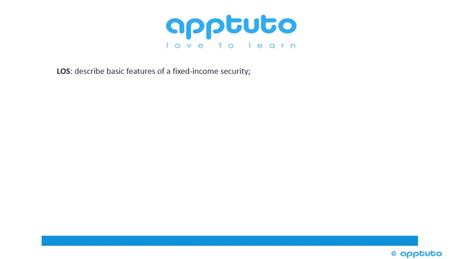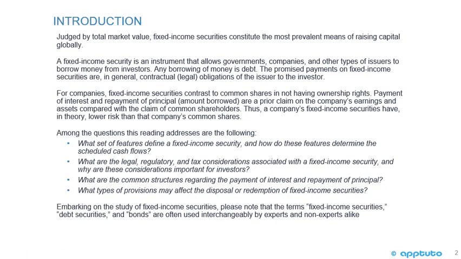This LOS is describe basic features of a fixed income security. Before we jump into this LOS, we'll just do a brief introduction to the reading, which covers the following LOS as well. So, judged by total market value, fixed income securities constitute the most prevalent means of raising capital globally. A fixed income security is an instrument that allows governments, companies, and other types of issuers to borrow money